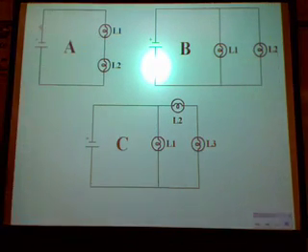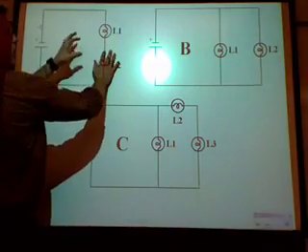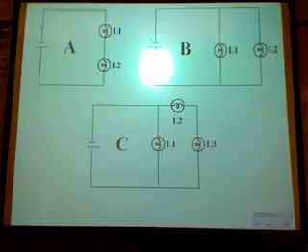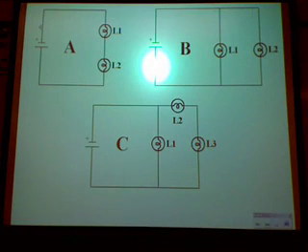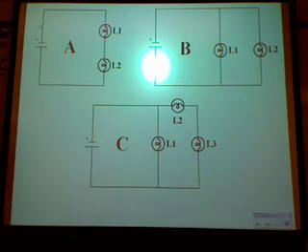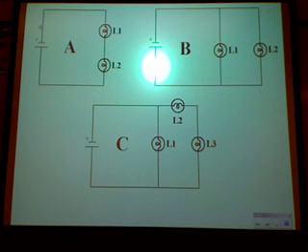So now what I'm going to do is I'm going to describe what's the relationship of one part to the other. And when I say relationship, I mean how do they relate to each other when it comes to the battery, to the supply of electricity? What do they do? Do they have to share it? Do they get their own supply? And when you understand the rules that govern series and parallel circuits, you'll be able to make all sorts of